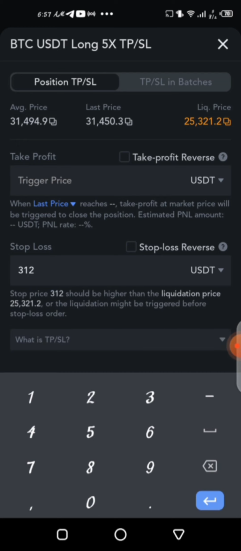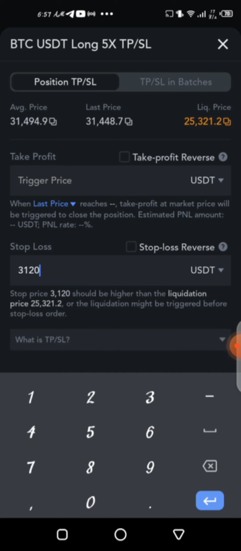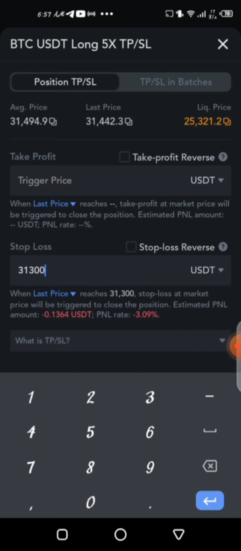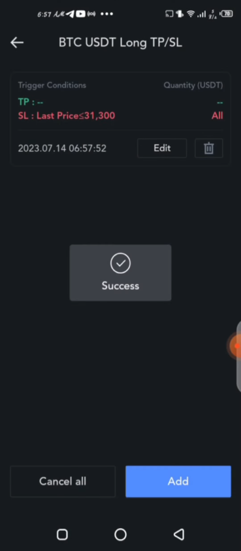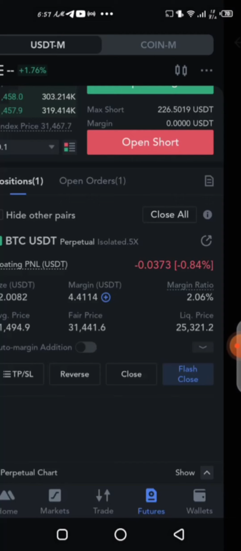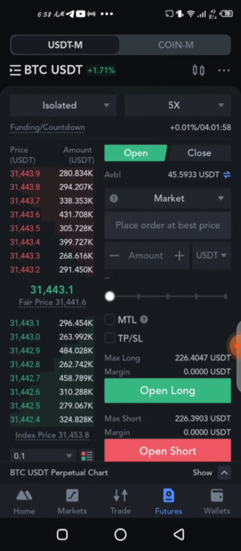Look at this now, 31,200, you see we're going to lose like 4%. So let me just leave it at 31,300, which is about 3% of the total. I already talked about this. So now, the moment you see that has happened, you've been able to set your stop loss to your entry. The next thing you need to do,